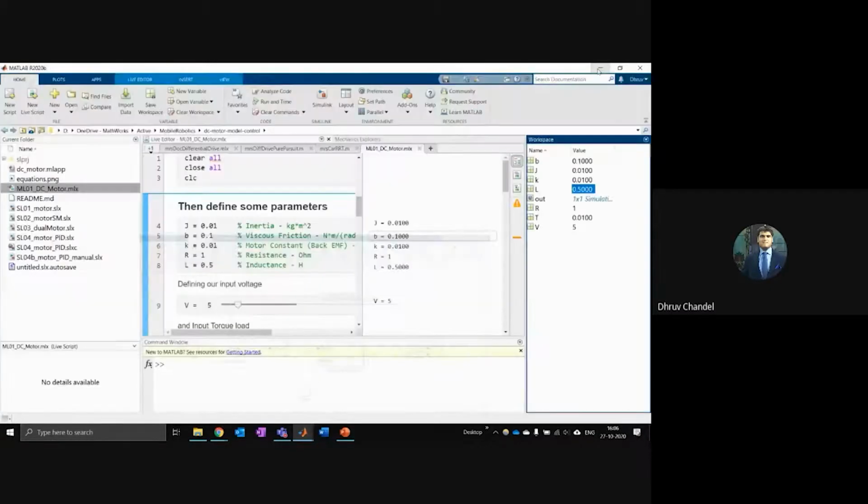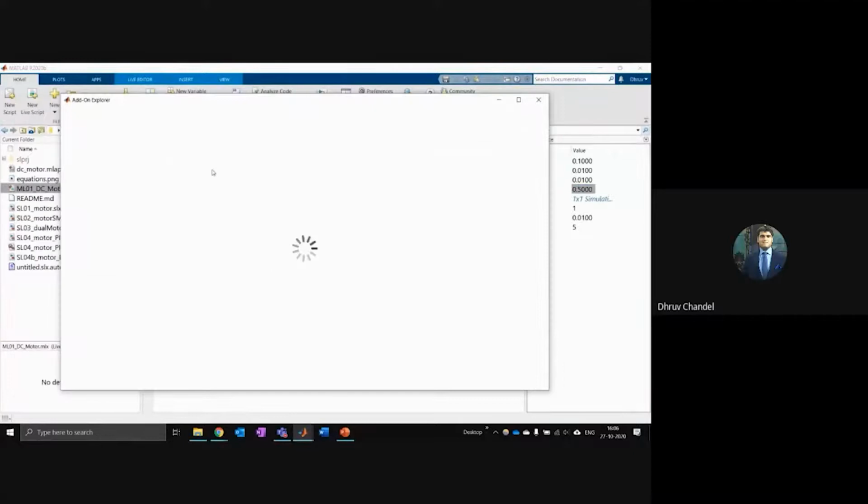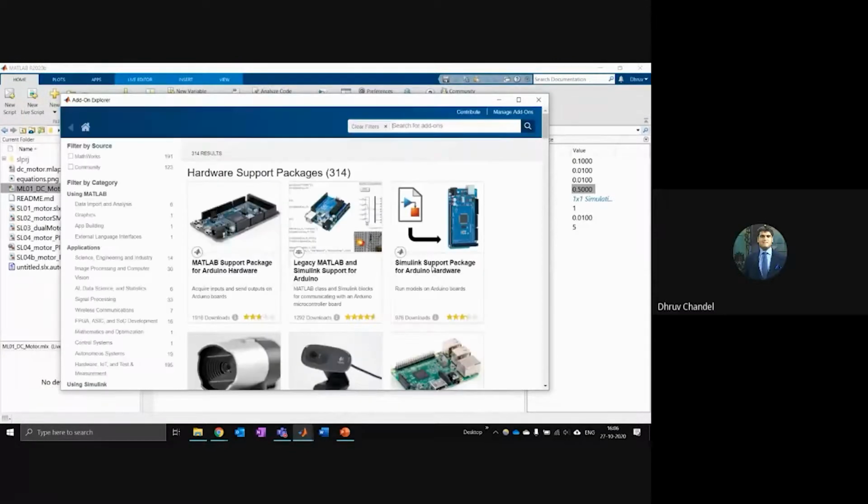Another thing you can do in MATLAB is, this is MATLAB again. If you go into this add-ons tab at the top, you can go to get hardware support packages. This is very, very interesting. There you can see you can work with all sorts of commonly available low-cost hardware as well as professional level hardware.